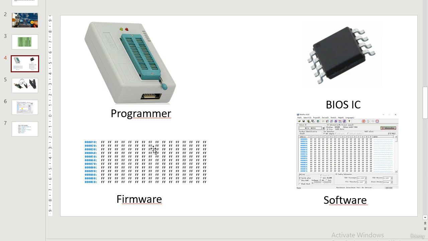You can just type the reference of the firmware, for example, the model of the laptop or computer, then type BIOS firmware, and you can get the firmware automatically. But sometimes you cannot find the firmware with a bin extension. So in this case, maybe you should buy the firmware somewhere on a website, or I teach you a trick that you can use to convert an executable file to a binary file, because an executable file always